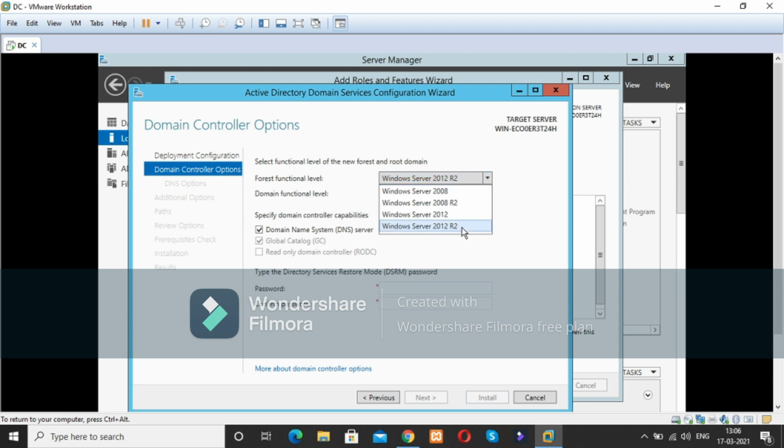You can take Windows Server 2008, but I am choosing Windows Server 2012 R2, and the functional level is also R2, and I am going to give the password. This is my password, and leave the rest of the things and just click on the Next option.